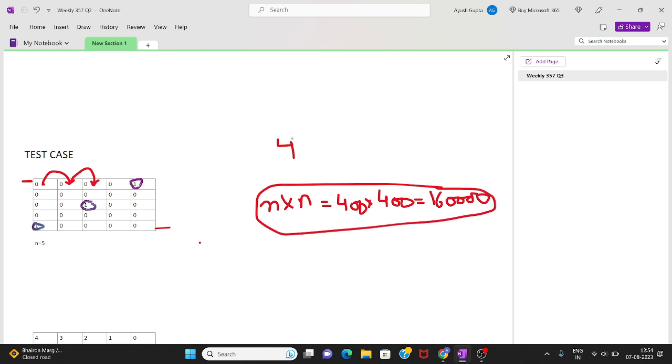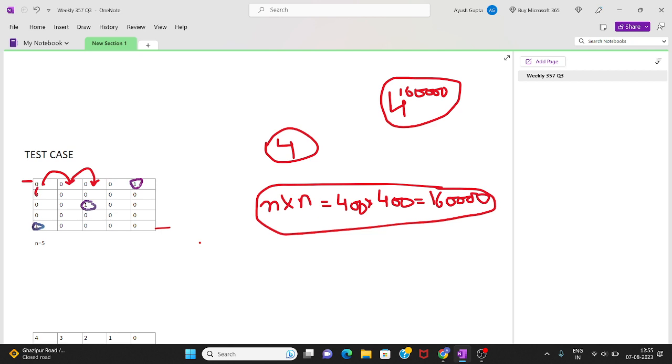And for each cell we have 4 choices. So there are a total of 4 raised to the power 160000 choices, that many different paths we can have.